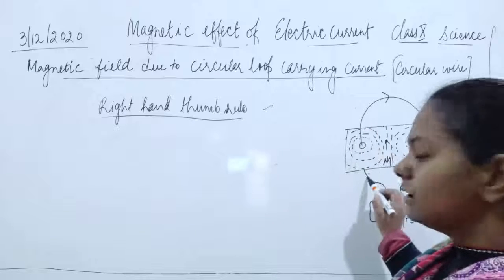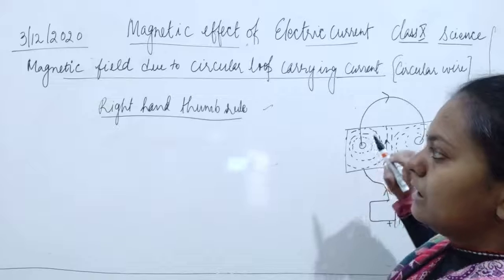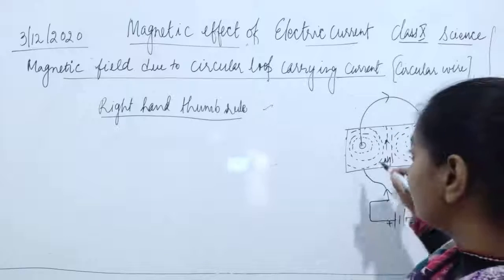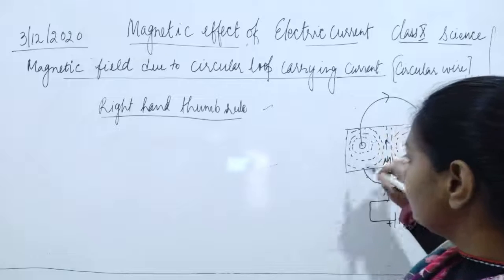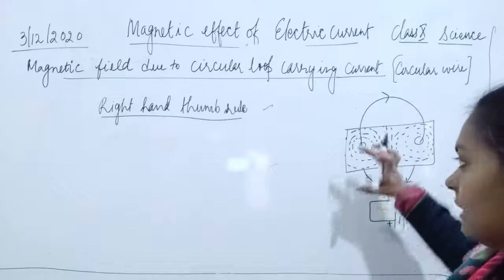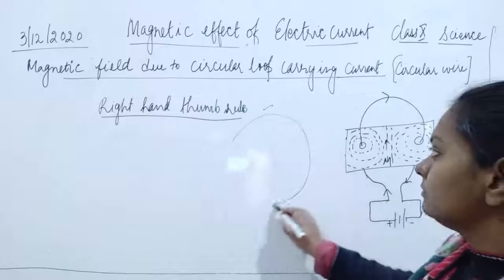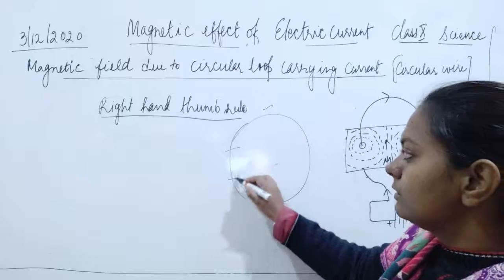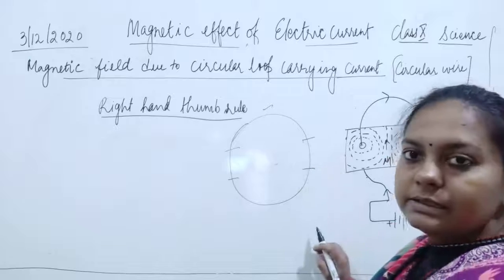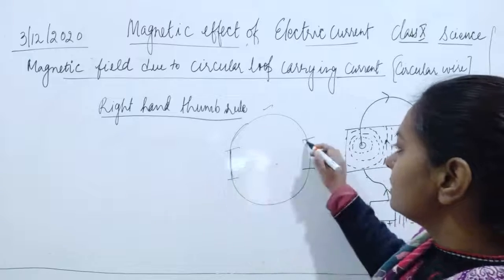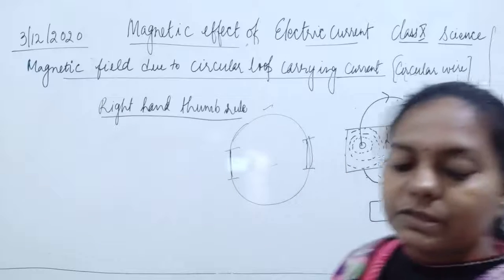From here till here, that is obvious, it is a circular ring, but still from here till here you can assume that this is a straight current carrying conductor. आप देखो यहाँ से यहाँ तक आपको straight दिखाई पड़ेगा. Okay, किसी भी, see, isn't it? अगर ये circular loop है, so here this appears to be a straight line. Okay, this appears to be a straight line.